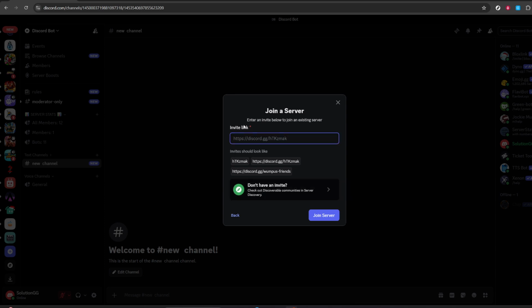Choose the option labeled Join a Server. This tells Discord you already have an invitation and just want to enter it. You'll see a field where you can paste or type an invite link. In the invite link box, type the official invite,